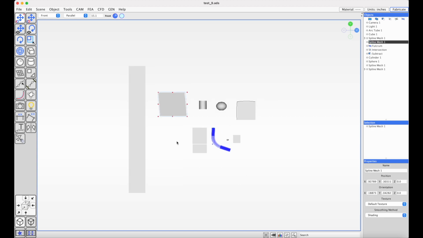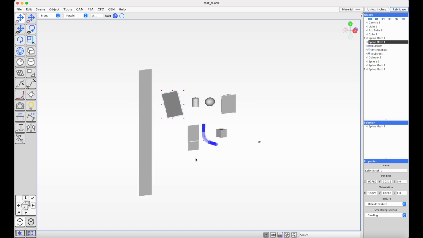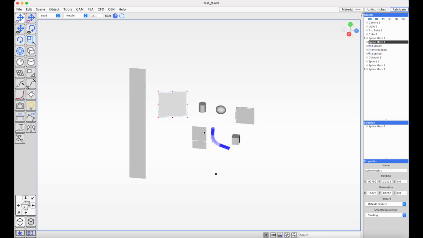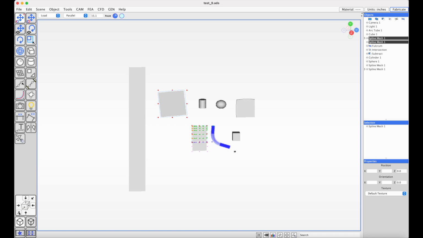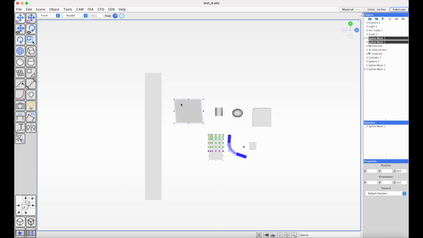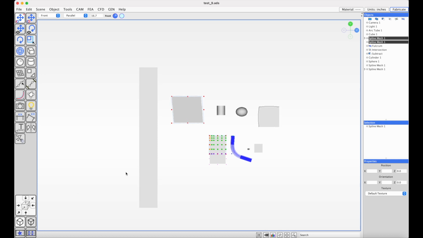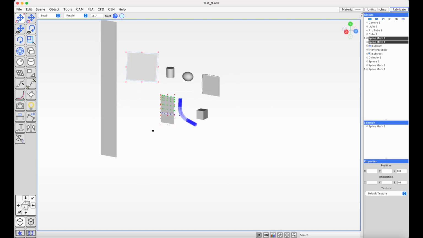With an object selected, you can hold down the Option key and click and drag to rotate around the selection. You can have multiple objects selected. If you click on the view direction with one of the objects selected, it will center on the selection. If you hold down Shift, Control, Alt, or Command keys with the direction, it will scale the view to include